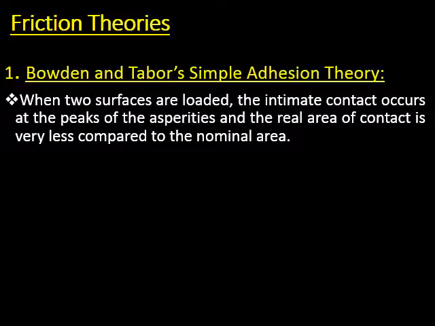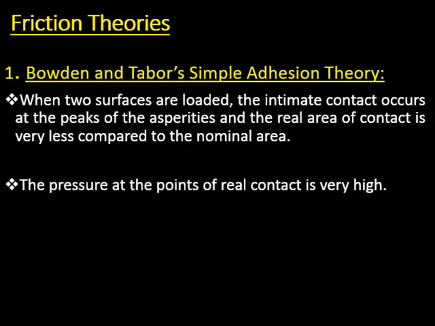As we have discussed previously, when the two surfaces are in contact with each other and are loaded, there is intimate contact that takes place between the asperities, and the real area of contact will be very less compared to the apparent or nominal area of contact between the two surfaces, and also the pressure at the point of contact between the asperities will be very high,